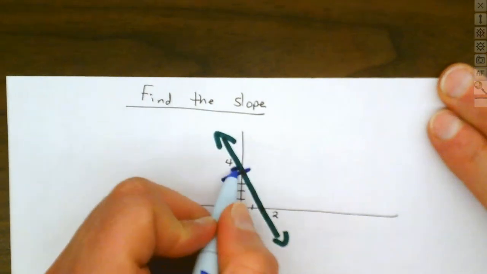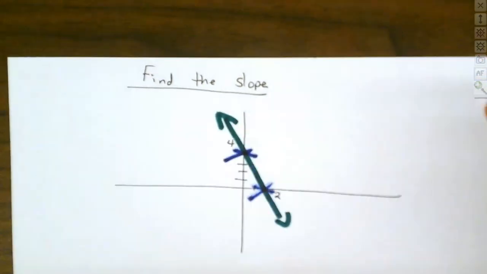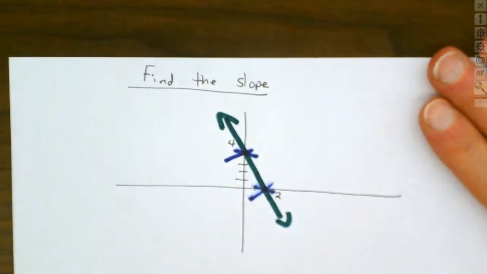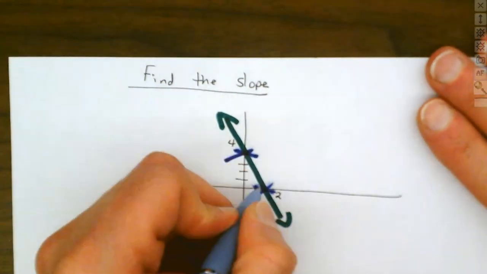Now, I want to go from one point to the other. So from one x to the other. So to get from this point to this point,